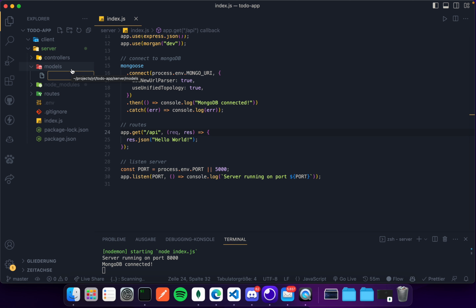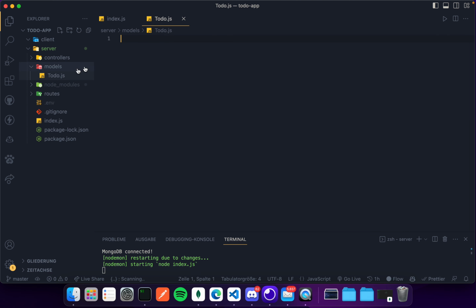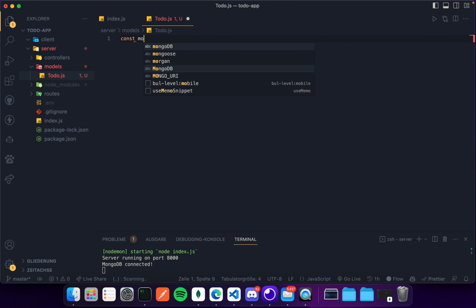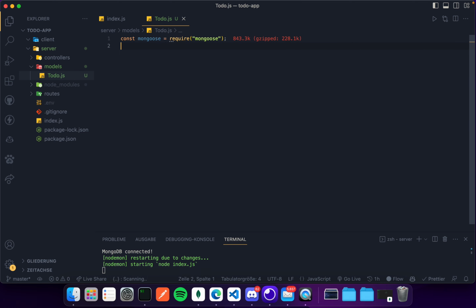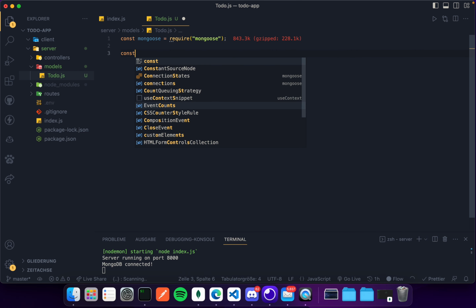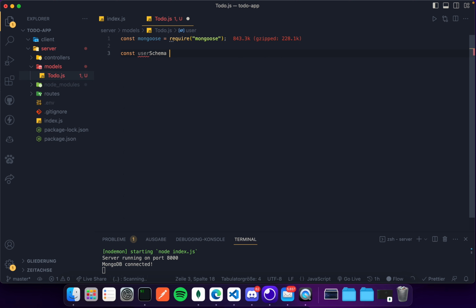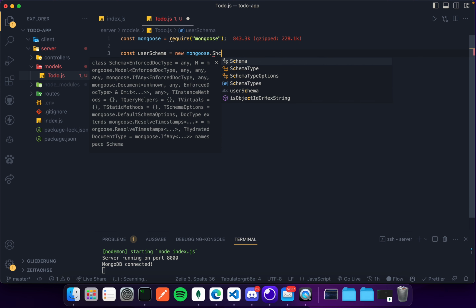But basically a model is like an instance. So you can have many users, right? So you would have a user model, which defines the structure of a user, basically. So instead of a user, we're obviously going to have a to-do. So just add this, and then const mongoose equals require mongoose, and then we will say const user schema. So each model needs a schema. So new mongoose.Schema,